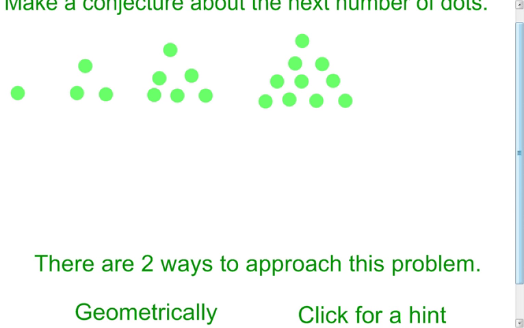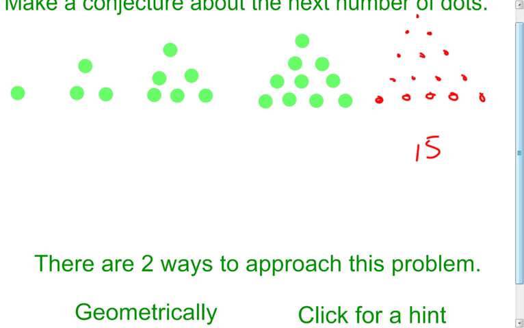Now, geometrically speaking, I would just look at my pictures and I notice that it looks like I'm gaining another row on the bottom each time, and that row is gaining a dot. So my last one had 4. So this one's going to have 5, and then just continue the pattern up. And then I could count the dots. So bottom row I have 5, plus 4, now I'm at 9, plus 3 I'm at 12, plus 2 I'm at 14, and add 1. That would tell me that there will be 15 dots in the